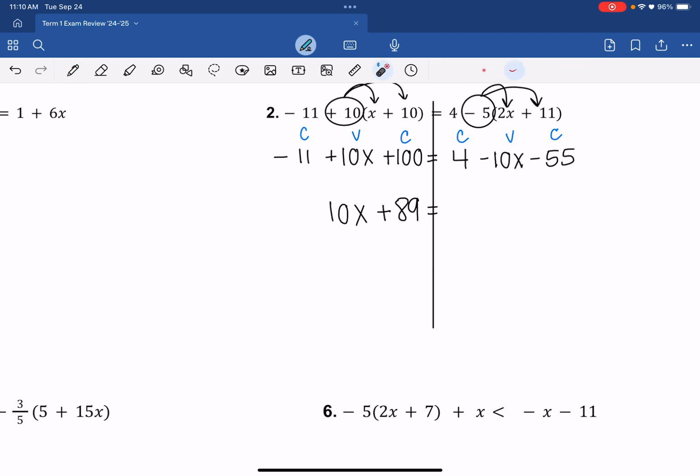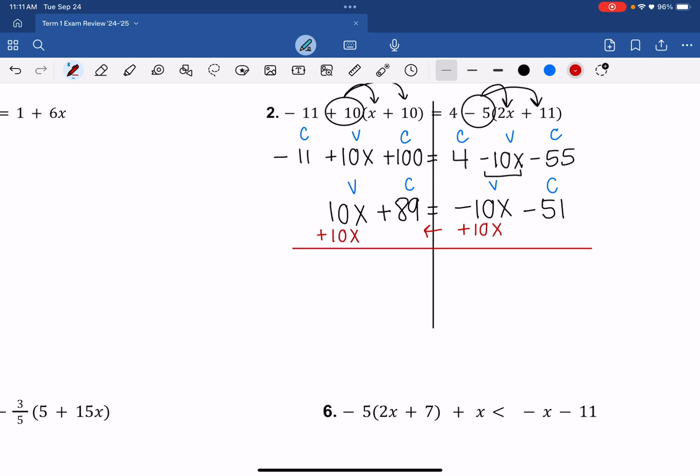I am on the right-hand side, I'm going to combine 4 and a negative 55, because remember, we got to use the signs in front. So what I have left is a negative 10x, and then 4 plus a negative 55, or 4 minus 55, is a negative 51. Okay, so again, label your constants and your variables if you would like. I am now going to move my variable to the left. So I'm going to add 10x. The reason why I'm adding is because the moment I have to jump across the equal sign, I have to do the inverse. Okay, so 10 plus 10 is 20x